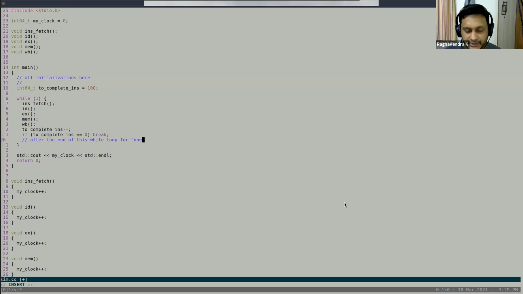for one instruction, this is very important, for one assembly instruction, my clock value will be 5. That is fine for the first, but from the second onwards, it should not keep adding 5 to it. Here the answer will be 500 cycles. But actually, pipelining, let's say there were no hazards, no stalls, will not take 500 cycles. This will still take 104 cycles. So your answer should be 104 cycles, not 500 cycles.